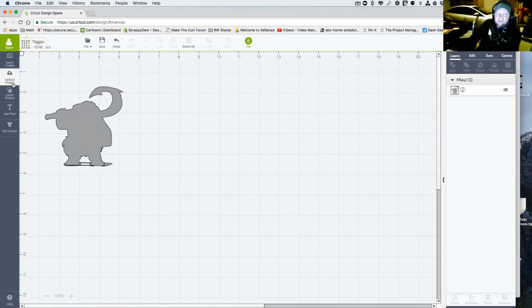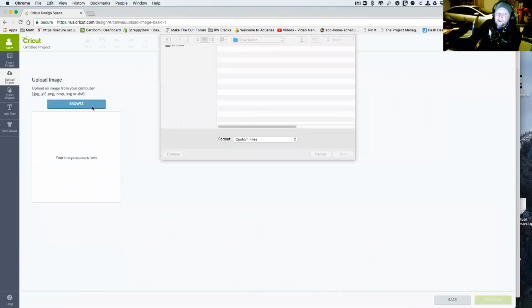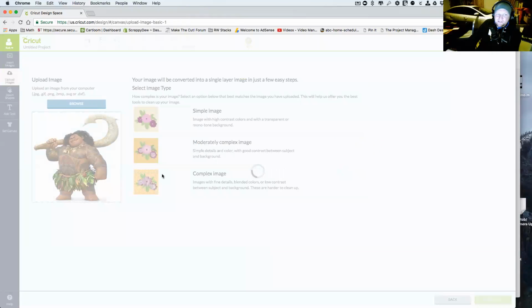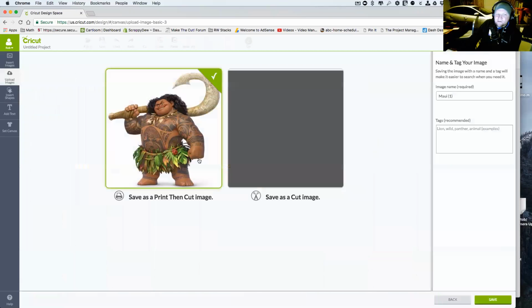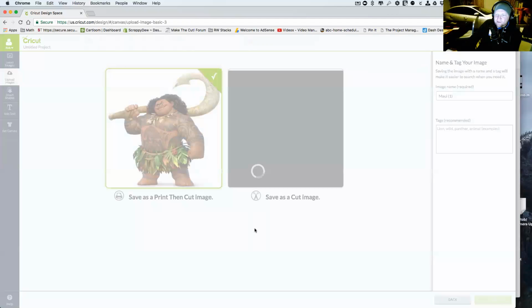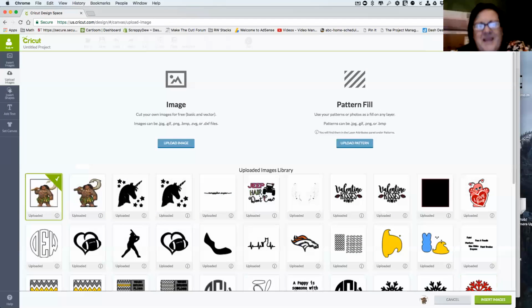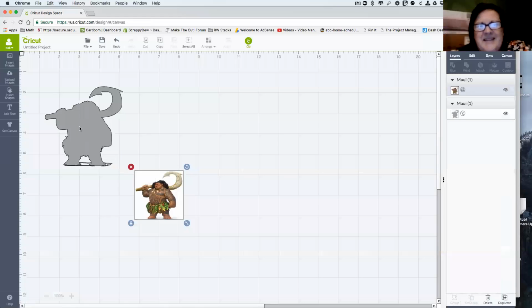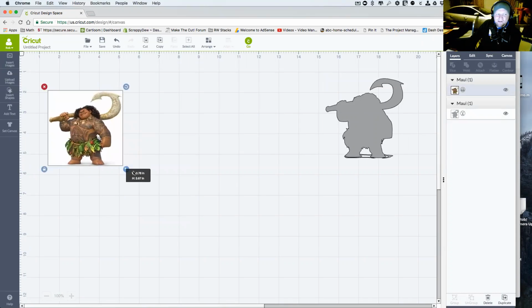Now another thing that I always see, and like I said, we already talked about this, is they go here, they hit continue, and then they say, oh, that looks good. I want to save that as a print and cut image. I'm going to hit save. I see this one all the time. Don't you, Paulette? Yes. Okay. I bring it in, and it looks cool. Hey, cool. I got them. But